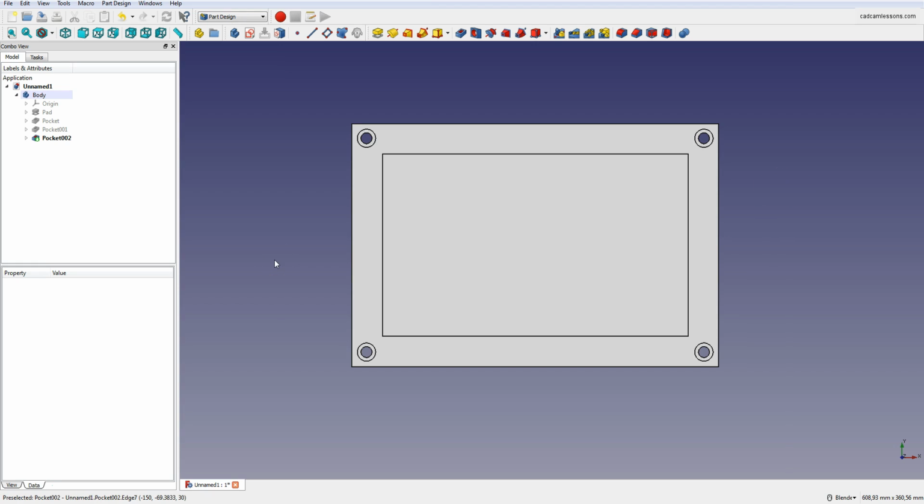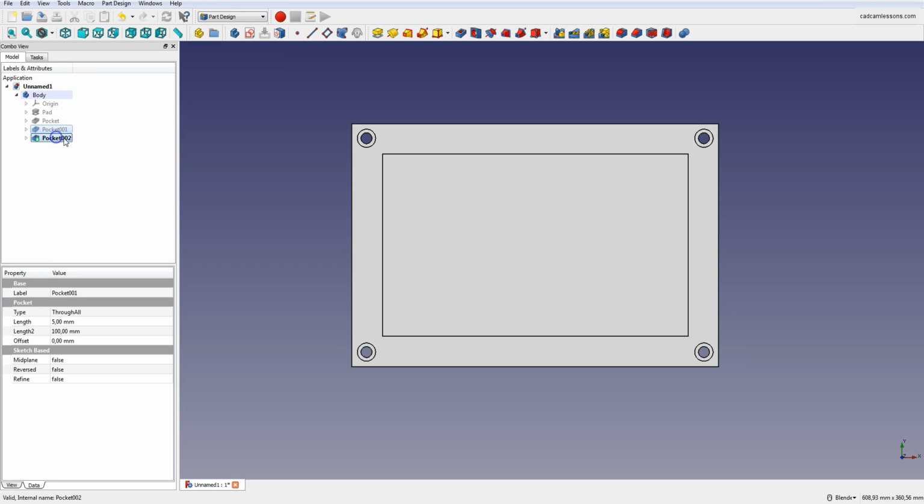In FreeCAD we have something like hole wizard or hole creator. This is this option. Create a hole with the selected sketch, and now we will add same holes using this option. But before we add holes using this option, we have to remove or hide the holes that we added previously. And to remove the holes, go to the Model tab and select these two operations with Ctrl key and